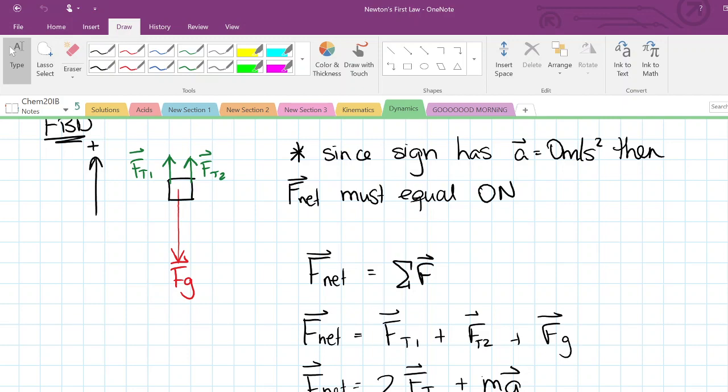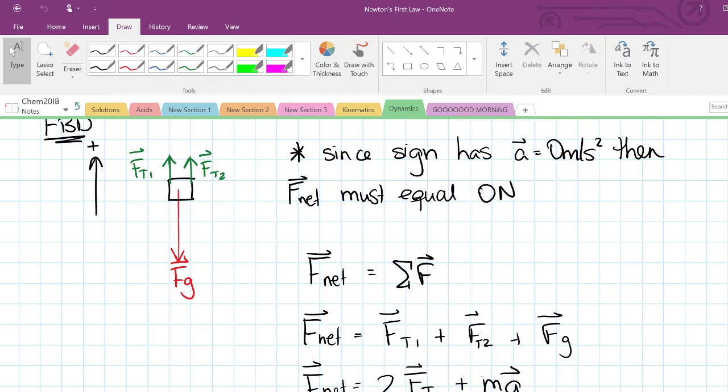This next thing is I know that this force net has to equal 0. So I know that if I sum all of these forces together, my overall answer would be 0. So I'm going to insert 0 newtons right here. Sorry, force net is equal to 0 newtons, and that's equal to 2 times force tension plus, they told me